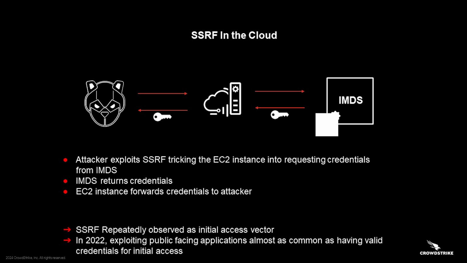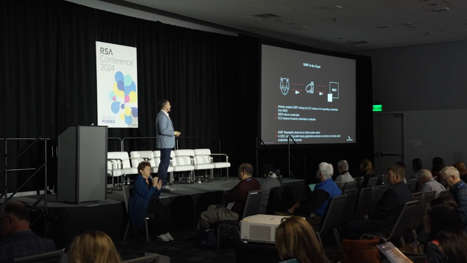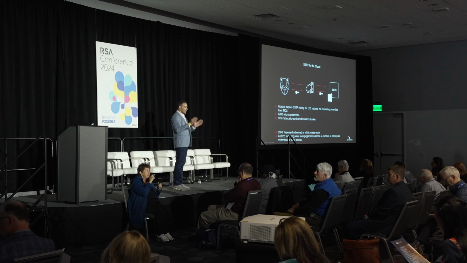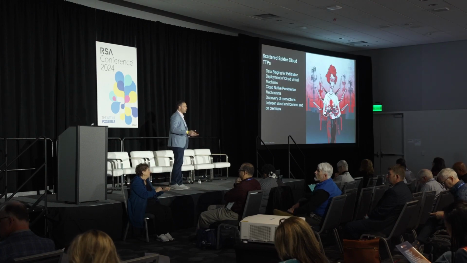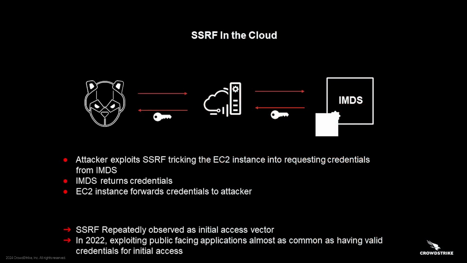Patching was an earlier example in Caleb's presentation. We're seeing adversaries that are using server-side request forgery on the cloud side to gain access into EC2 instances. I'm not going to dissect this specific attack in its entirety, but this is essentially what it would look like in the hands of someone like Scattered Spider, right, where you can take advantage of, I'll go back real quickly, you can take advantage of things like IMDS services, which is basically an identity management service tied to AWS.